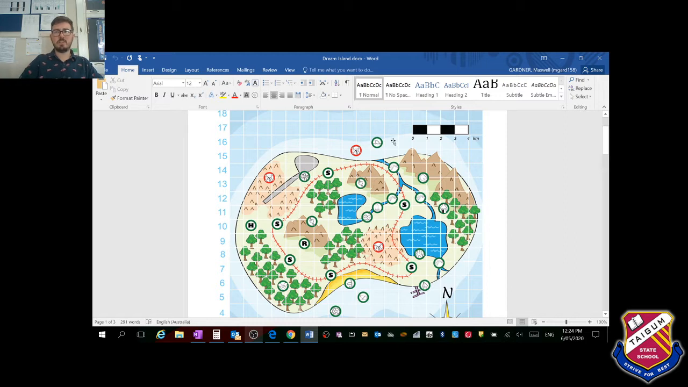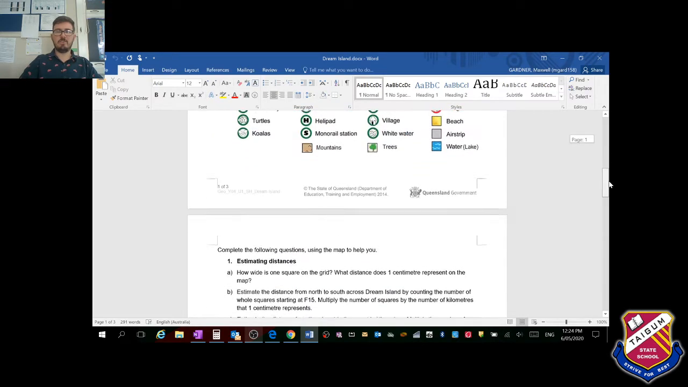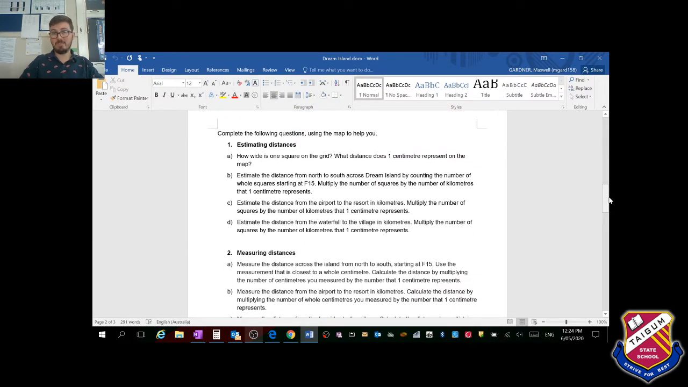Yes, 1 square, as you can see in the right hand corner, is equal to 1 kilometre. All right? So the first question I actually made a mistake on, because the key word here is estimate. So what it wants you to do is estimate the distance from one place to another, and it wants you to do that by counting the squares and writing down that answer in kilometres. So I want you to write down all your estimates,